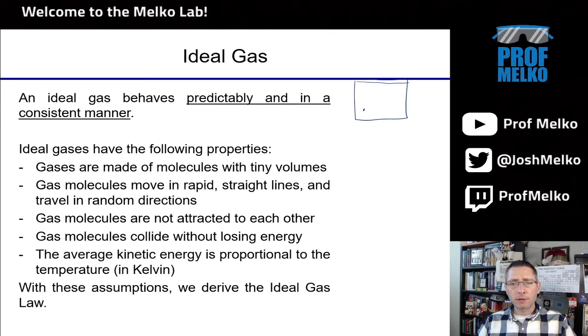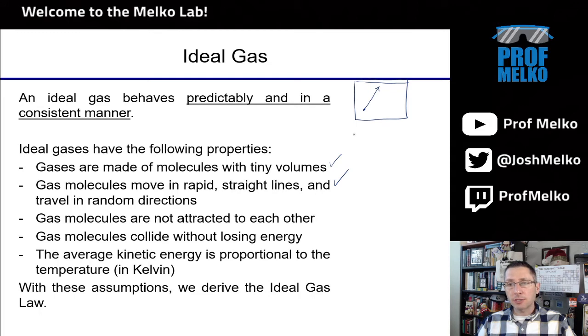We're going to assume they move in rapid straight lines and travel randomly, right? So this molecule moves off in a certain direction in a straight line. It's not like it's curving about and traveling in some weird zigzag pattern, right? The math gets much more complicated considering that scenario. We're going to assume they're just traveling in straight lines, kind of like billiard balls on a billiard table. They might collide with one another, right? But they're basically traveling in these straight, predictable lines. That seems like a fair assumption.